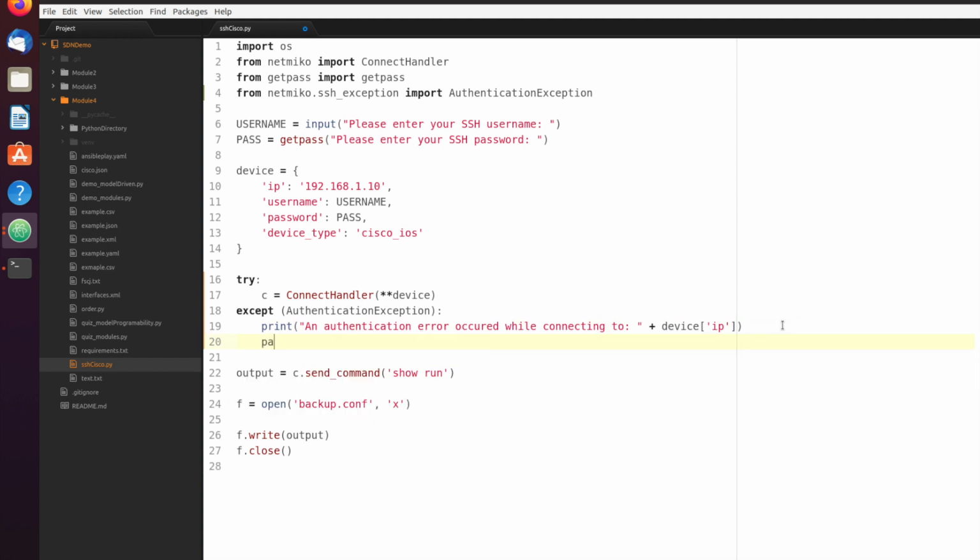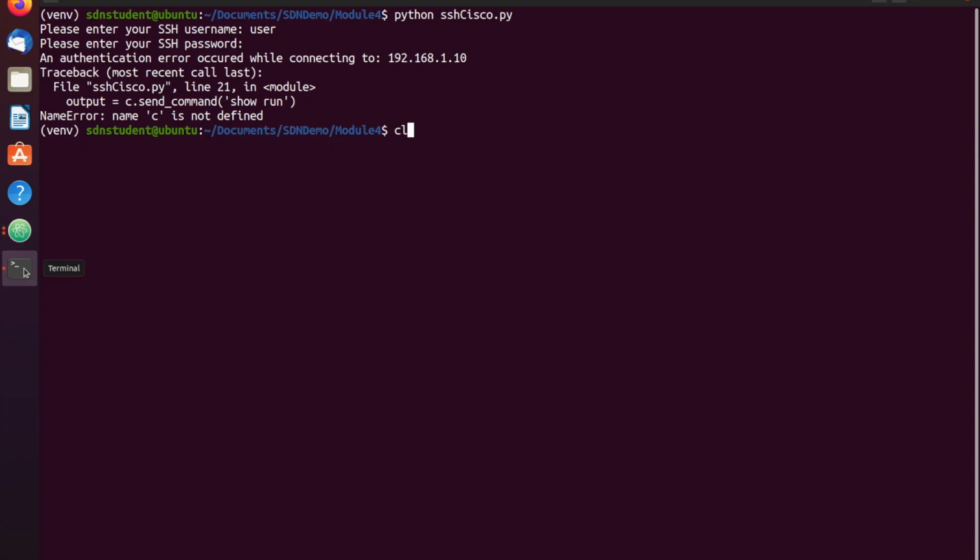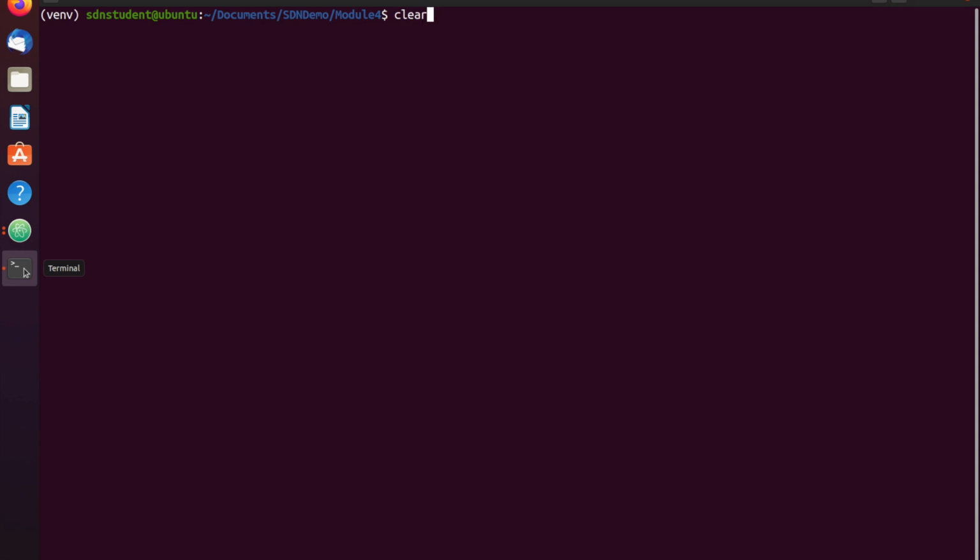So what I'm going to do now is add in the pass statement, which when this authentication exception is raised, it should print this to the screen and then just pass the rest of the script with this pass statement, otherwise known as kind of failing silently. If this was multiple devices, it would then move on to the next device to back up that next device. So I've saved that. Go ahead and come up here, and let's see if we just get